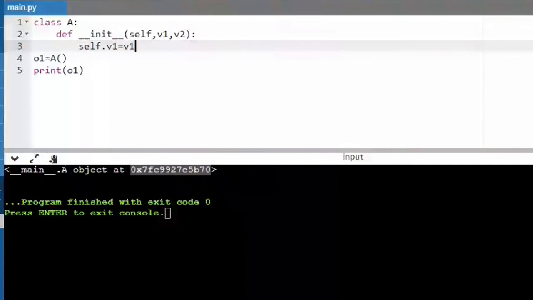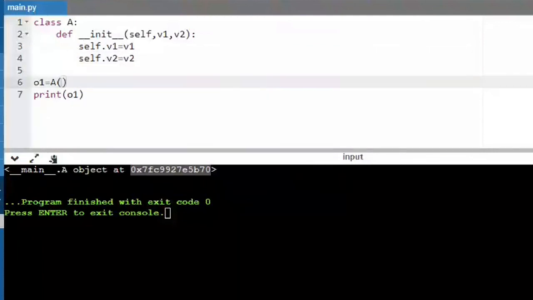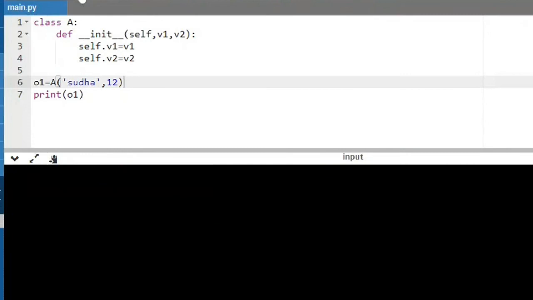So I have two instance variables, and here I'm passing the values of the two instance variables. The first one is Sudha, and then 12, and this is regarding the object. Now I am printing O1, and I'll get the same information.